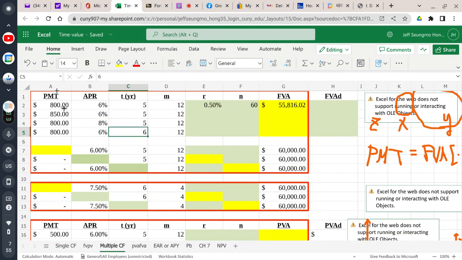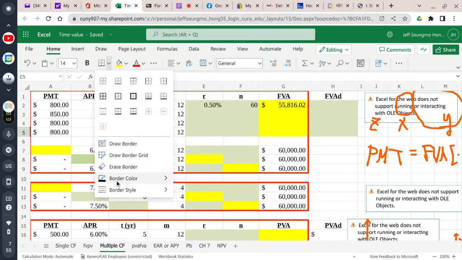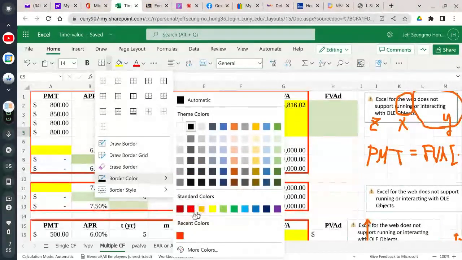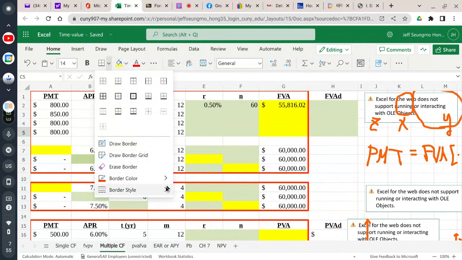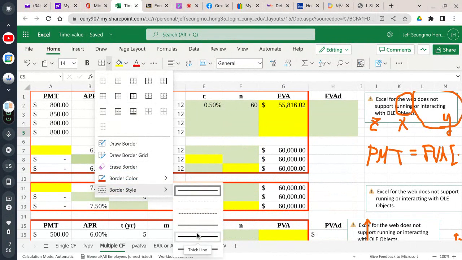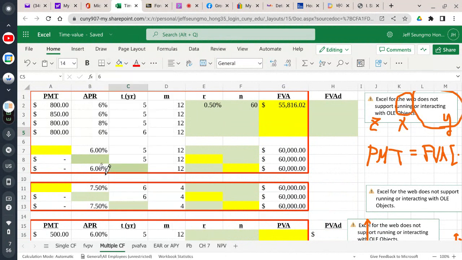Another option is to extend your timeline. Under those three different scenarios,